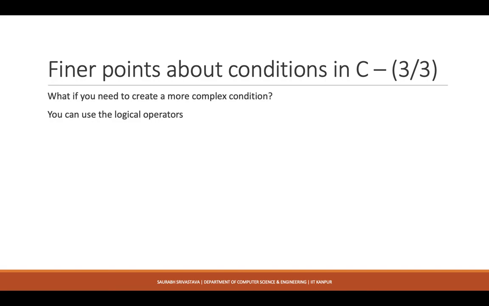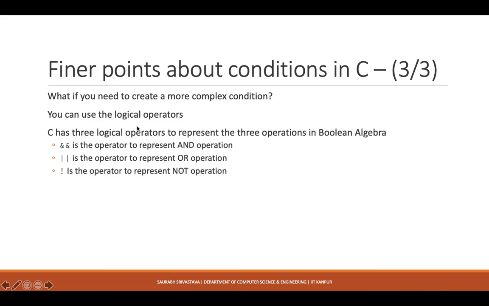So in such cases I need some kind of operators which are known as logical operators. So logical operators are basically the operators that we had seen in Boolean algebra, right? In Boolean algebra there were three operations: and, or, and not. So in C, if you want to implement the same operations, the operators you have are and, this is two ampersands, or, this is the pipe symbol twice, two pipe symbols, and the exclamation mark is basically the not operator. Remember, not equal to is a different operator, and not is a different operator, okay.